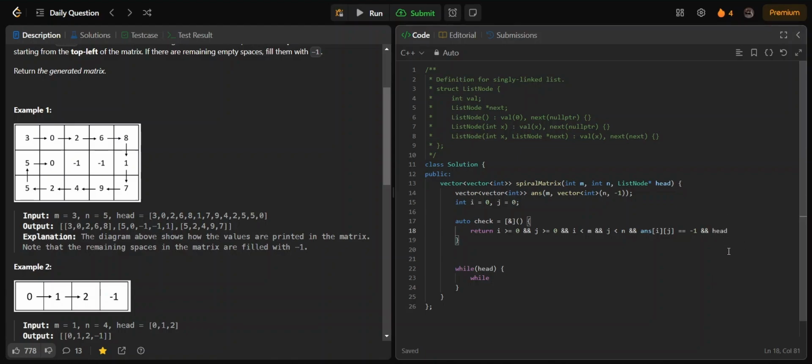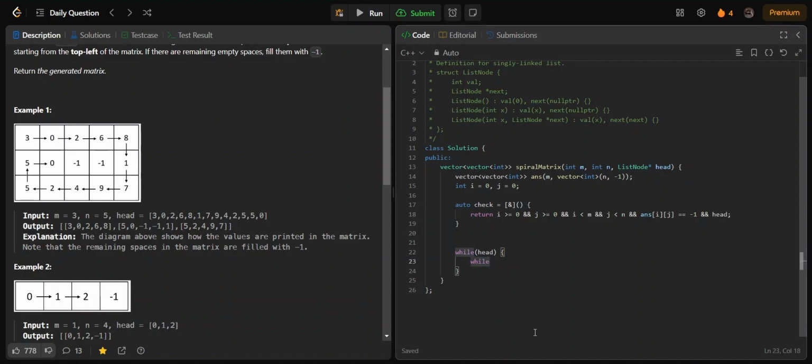We can also check whether head is not equal to null pointer, but you can also just place head over here, because if it is a null pointer, then it will return false. Okay, that's it. It will be our checking function. So we will loop while our checking function is giving true. That means we are finding a valid position. So first we will place answer of ij